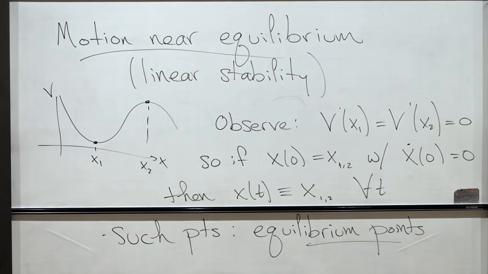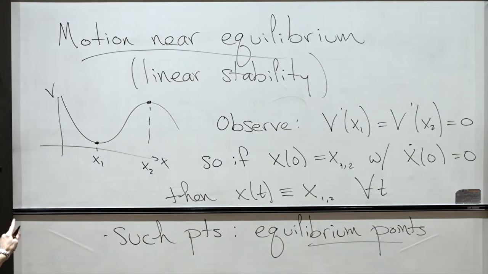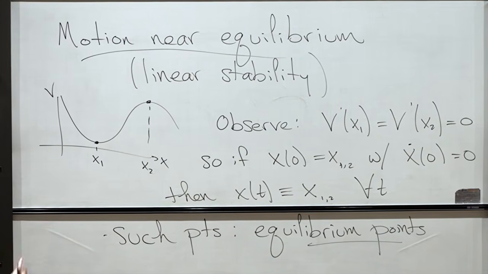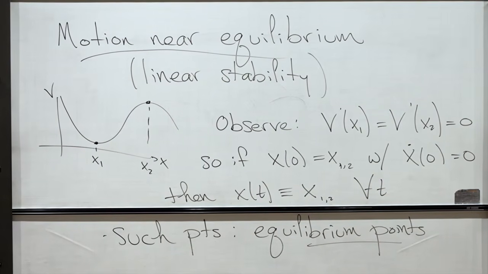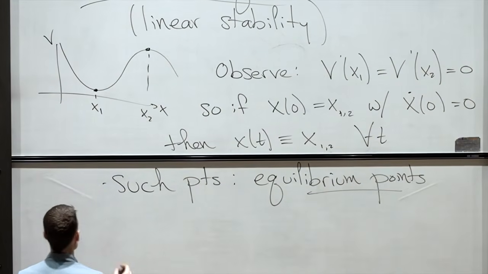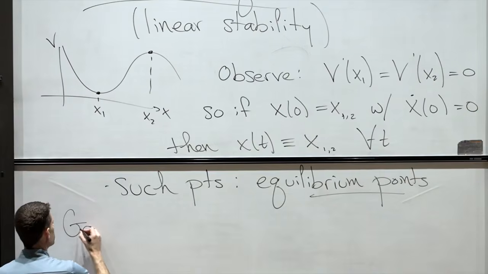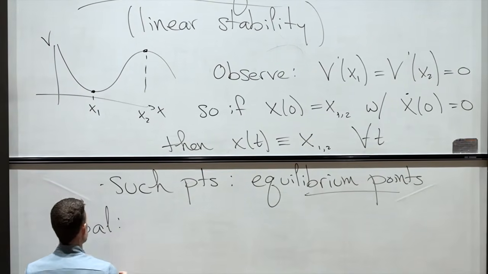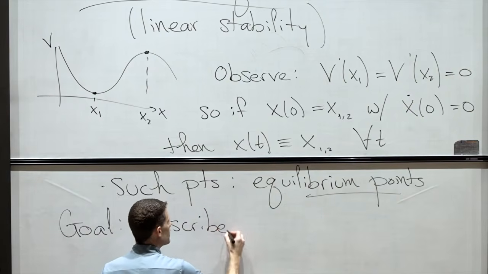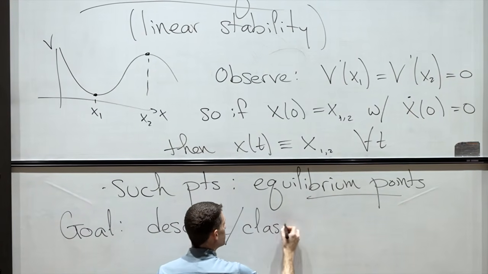Of course, fundamentally, we understand that the behavior is not the same at the bottom and the top. If I nudge the ball from the top, it goes down the hill. If I nudge the ball from the bottom, it just does a gentle oscillation. Right? So the question is, how do we classify the behavior if I'm close to such an equilibrium? So our goal is to describe and classify